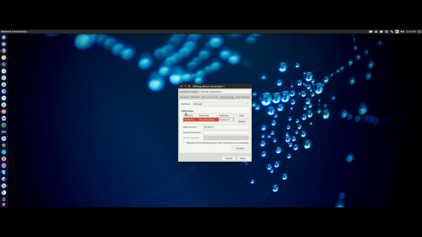And that's it for this address box. For the DNS server, I'm going to give the IP address of my gateway. It's 10.42.0.1. And that's everything that I need to change to set up the connection on my compute nodes. Once you're done, you click on save. But in my case, I'm not going to change my configuration, so I'll click on cancel